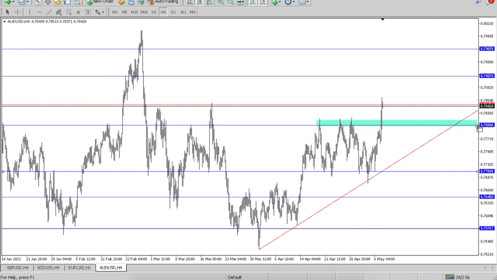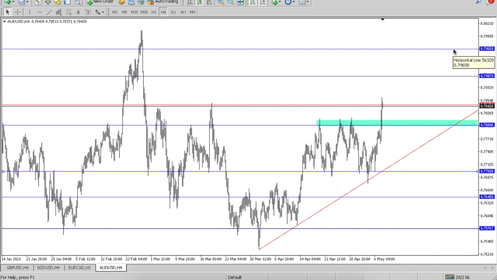So this is our area of sensitivity. This is where we'll be looking to buy our AUDUSD when it retests this previous resistance, which is now our new support. So when it gets to this level here, we'll be buying, taking our first profit here,